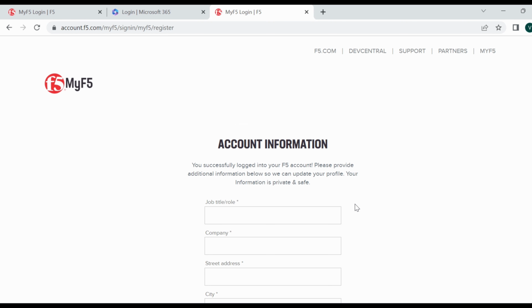Okay, it's taking me to the registration page. So this is different from what we initially provided for the account activation. Here they need basic details, if you are working somewhere, what roles and titles you have. So I'm acting as an expert